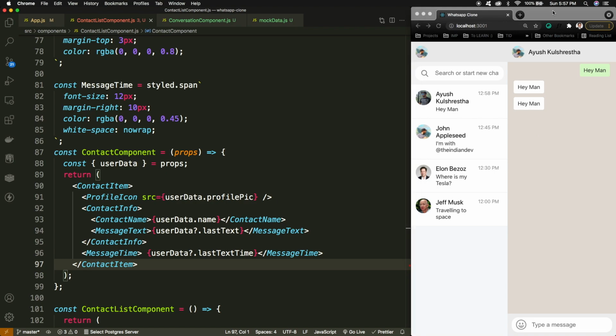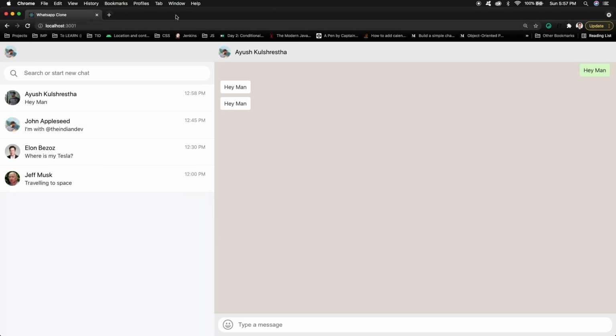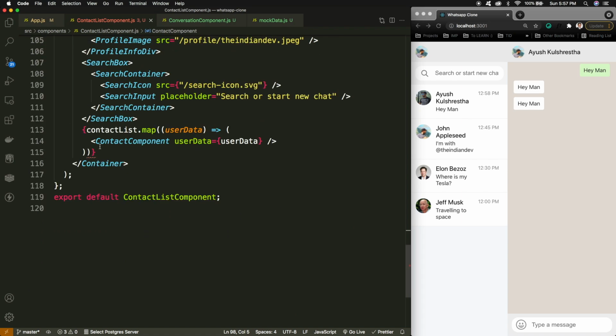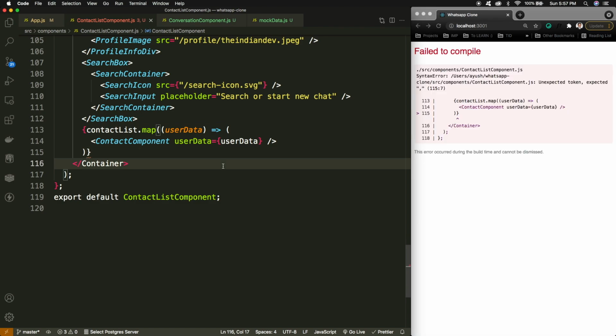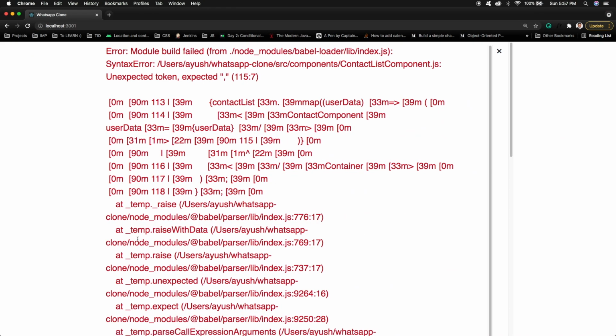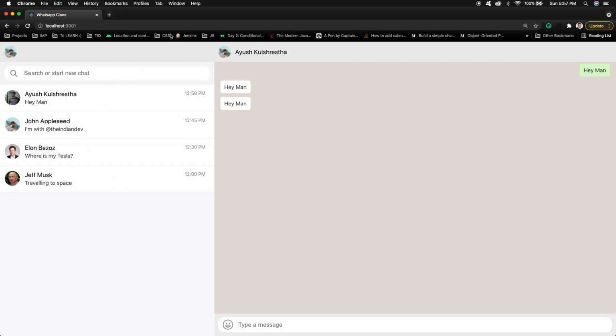Now you can see that this is dynamic. Once we are done with the backend part, we just need to provide the list from the API. Maybe this is wrong, but it will be fine because the data is rendering at this end. If I refresh, you will see that the data is here.